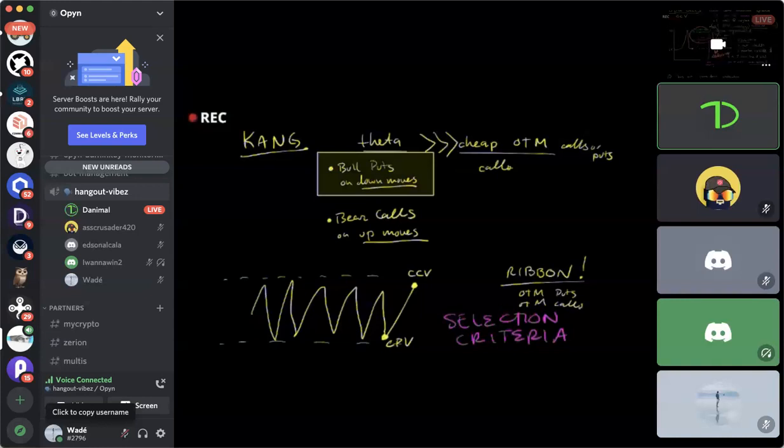So before you open any position, you want to have a well thought out opening plan and exit plan. You want to know your max risk and loss. You want to have entry, exit. Do I want to close it at 50% profit or something like that? And you also want to think about your max loss. Like you want to know your break-even point and all those values